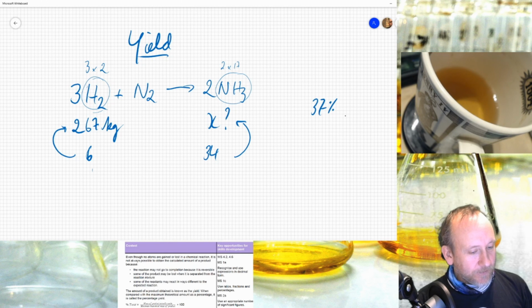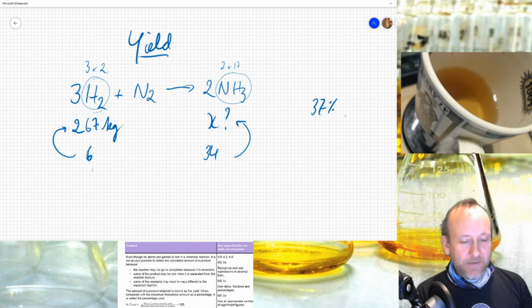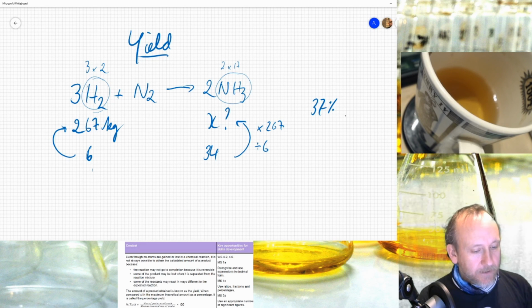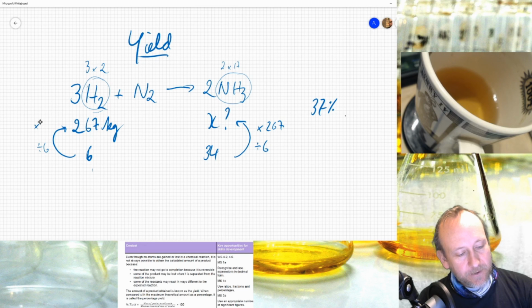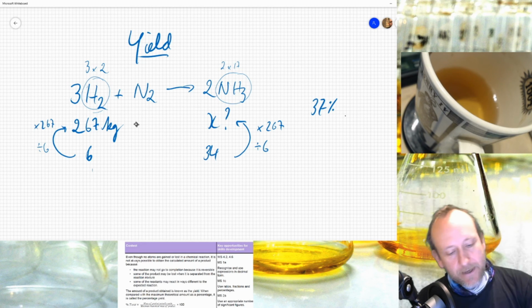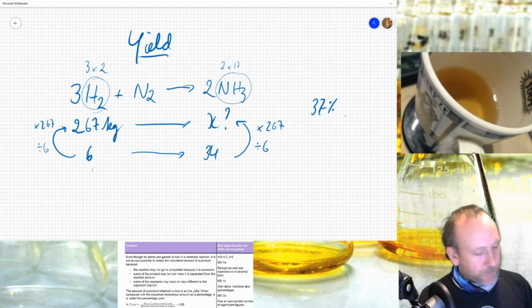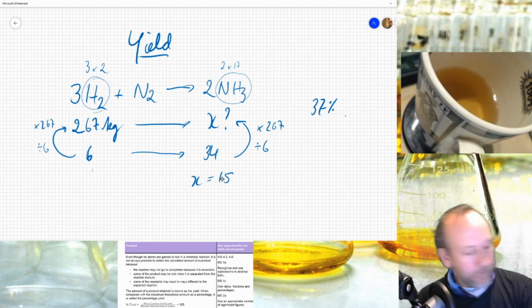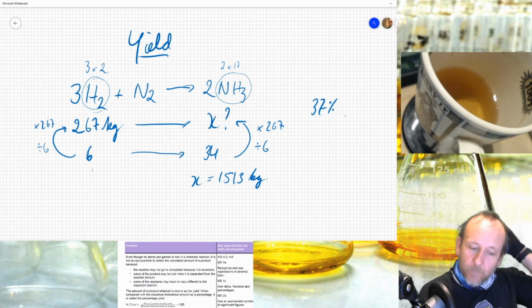So how do I get from 6 to 267? Well, I can divide 6 by 6 and then times it by 267. So I do the same on the other side. So I go divide it by 6 and times it by 267. Right? Because if I divide the left-hand side by 6 and I times it by 267, I get to 267. And if I do that on the right-hand side, that then gives me the same sort of ratio. Okay, 34 divided by 6 times 267 is 1,513. So my x here is 1,513. Now you might say, I don't have any idea whether that's